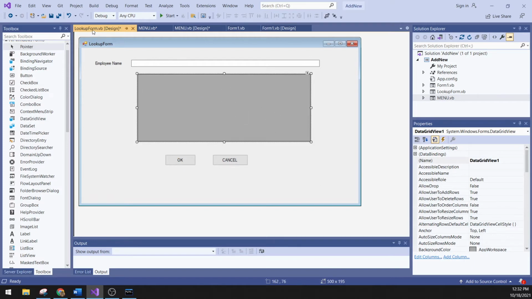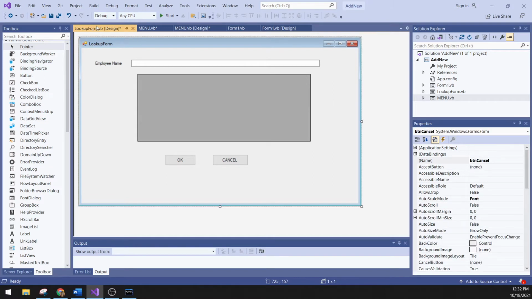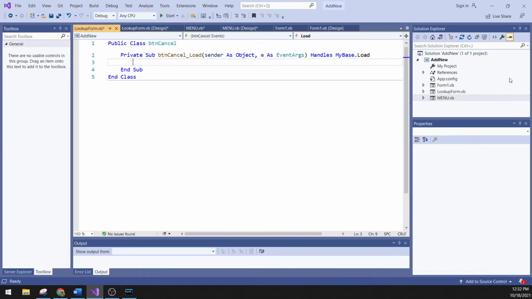So we need to connect it to our database, just like before. Okay. So we'll have here, dim cnn as new